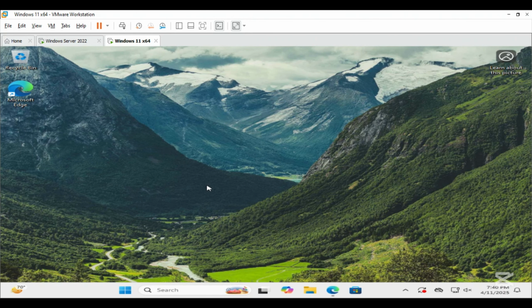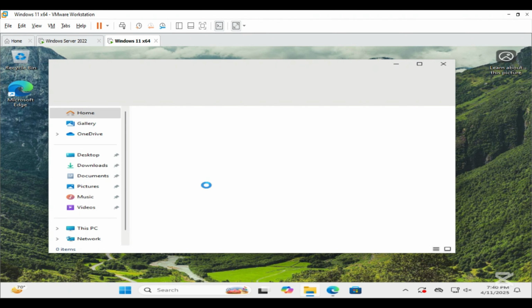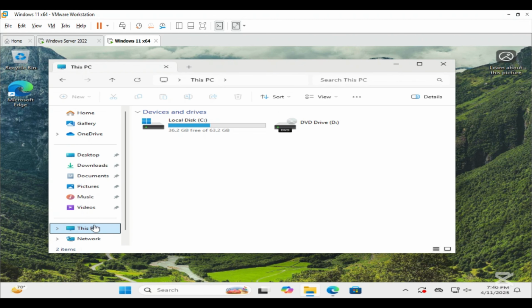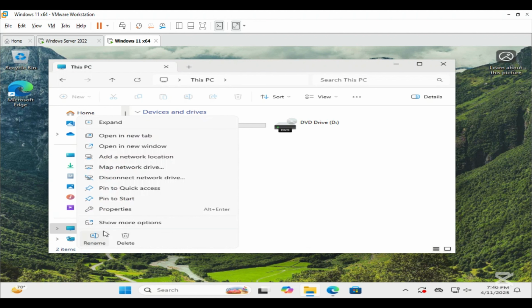Open File Explorer. Go to This PC. Right click on This PC. Click on Map Network Drive.